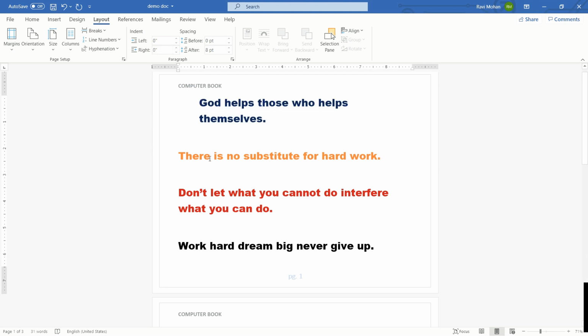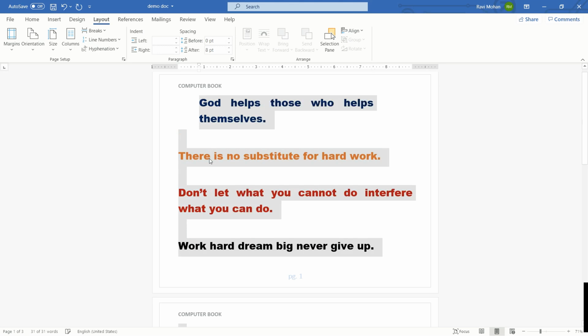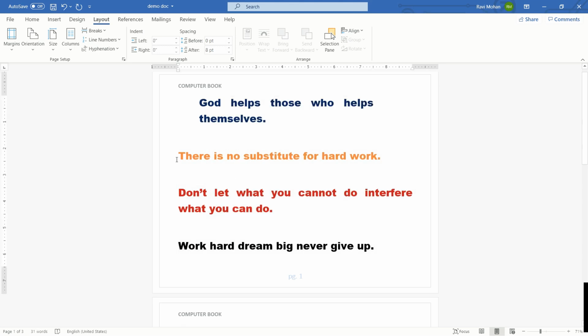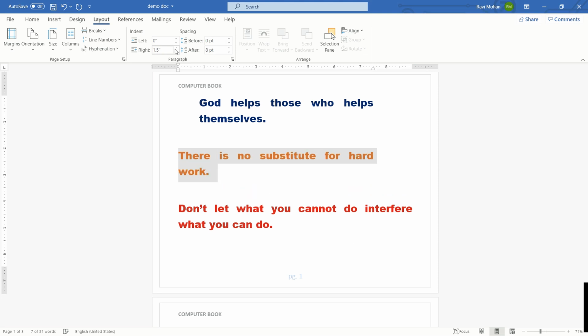For increasing it from the right hand side, I'll show you for the second paragraph. Let us select the second line over here and we'll increase the right indent now. The right tab is moving towards inside and the right margin is increasing, whereas the space in between the page is decreasing.